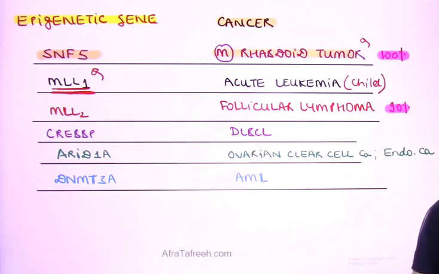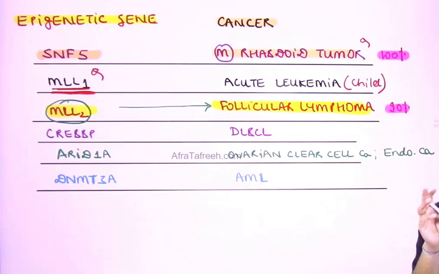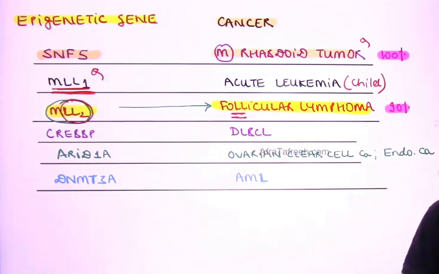If I'm talking about MLL2, this is what is going to be associated with development of follicular lymphoma in almost, and that is what you can again appreciate over here, friends, 90% of the individuals with follicular lymphoma. Now, I don't want you to get confused with respect to MLL1 and MLL2. So my trick to help you remember that is, when you see MLL2, how many L's are there, friends? L, L2, total 3. When you write the name of follicular lymphoma, L, L, another L. So 3 L's. MLL2 is what you associate with follicular lymphoma, and that is in as high as 90% of the individuals. MLL1, acute leukemias, particularly in case of children.